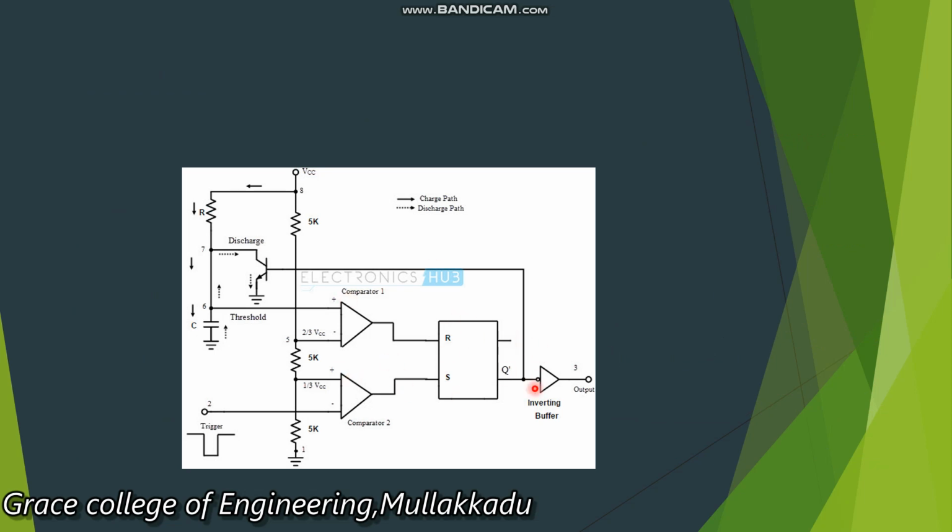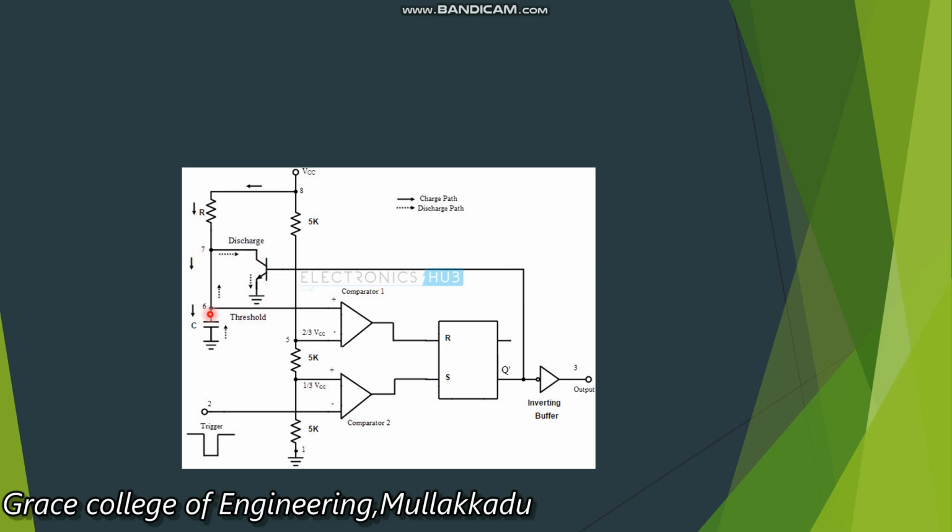This is the internal circuit diagram of the monostable multivibrator, and this is the discharging path of the capacitor. Initially the transistor is on and the capacitance discharges and produces the 0 at the output pin, and when we give the negative triggering pulse, the capacitance will charge and reach the maximum value VCC, and during that time period it will be high, so that we get the pulse output and input.